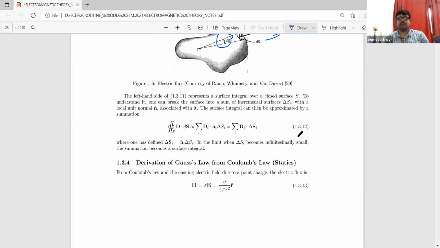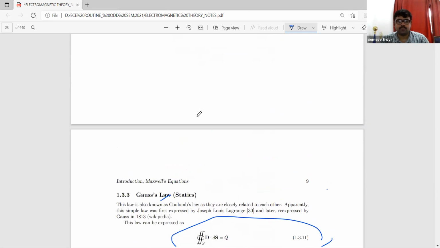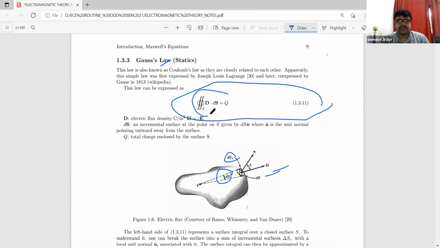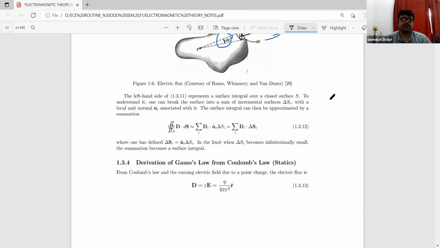The left-hand side of equation 1.3.11 is the surface integral of D dot dS. If you see, the left-hand side of this particular equation represents the surface integral over a closed surface. Already I have mentioned that it is a surface integral, and that is basically under the closed surface contour. So the left-hand side of this particular equation